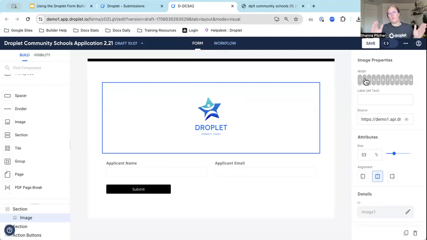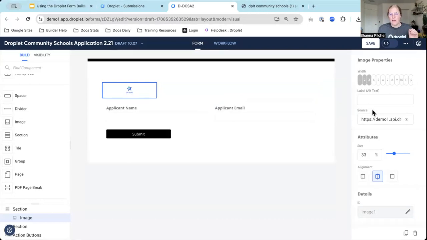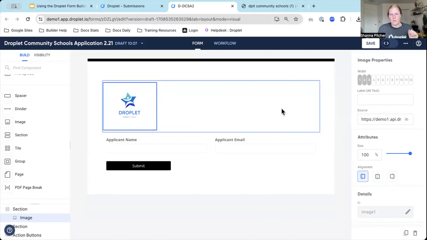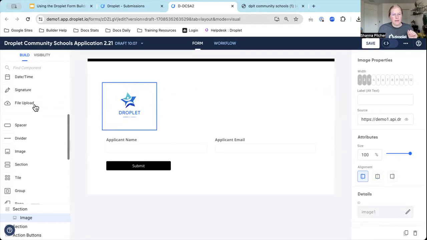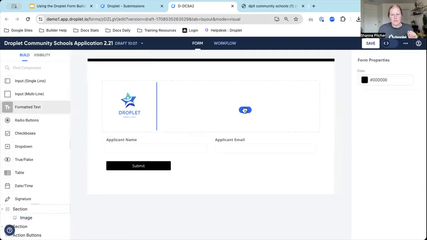We consider the full canvas, the full left to right width, to be separated into what we kind of consider 12 columns. You can adjust that so that they line up well here. I can change that to be a 3 width of columns. I can adjust the alignment of this and the size if I want it to be 100%, which looks a lot better here. And then I'm going to want to add in some text,